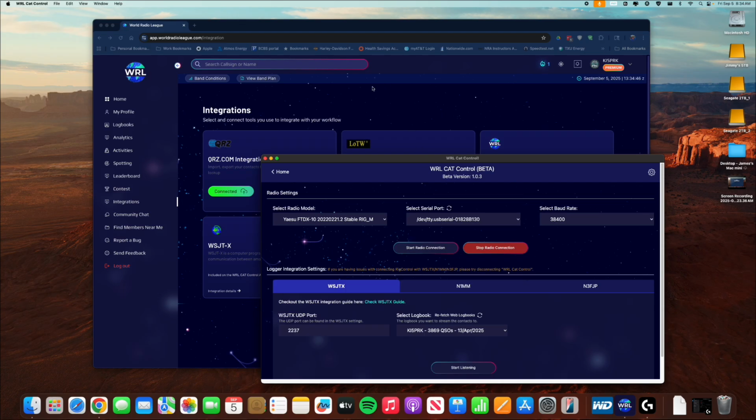If I click on a spot on the spotting page, which I can show you in a second, it will switch my radio to that frequency. It's fantastic. I love it. But the other thing that you can do is you have your WSJT-X, N1MM, or N3FJP integration down here. And all you're doing is setting up your UDP port, and then you're going to say start listening. And it'll start listening for everything that you log in WSJT-X, then will get pulled right into World Radio League,